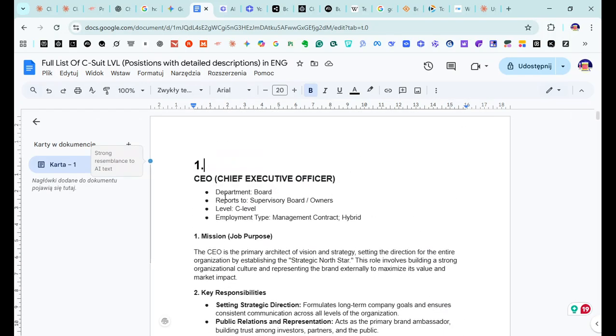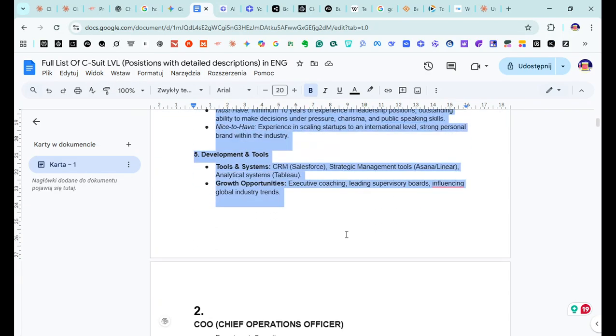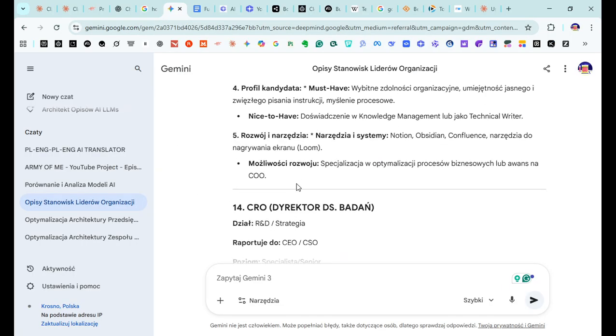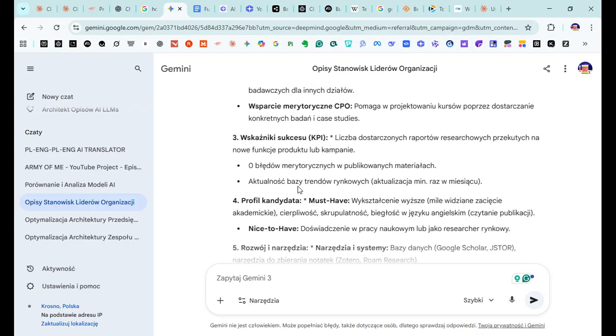Since it has the whole description like this, it should be here. Yeah?